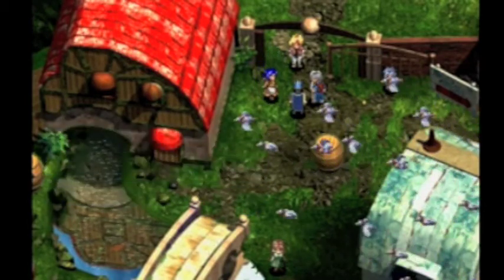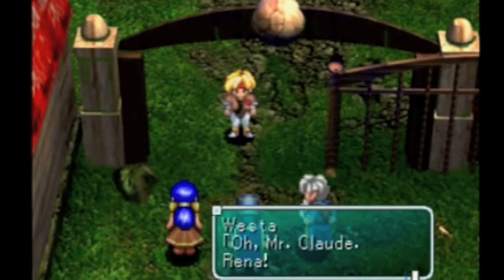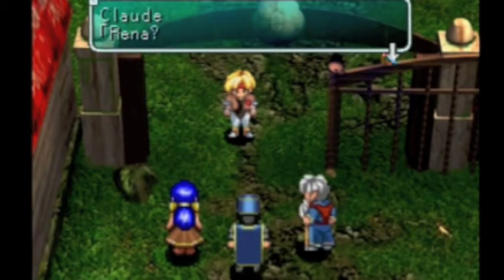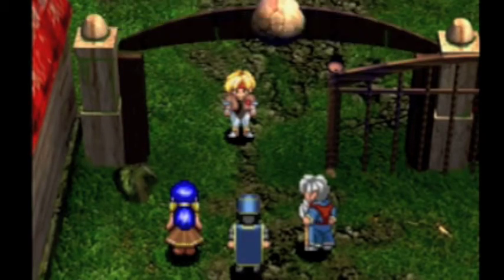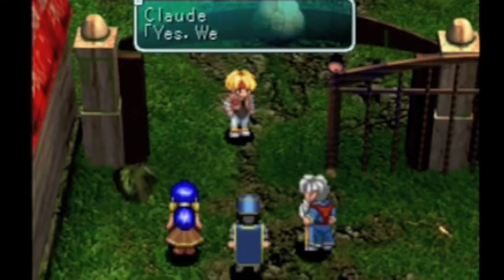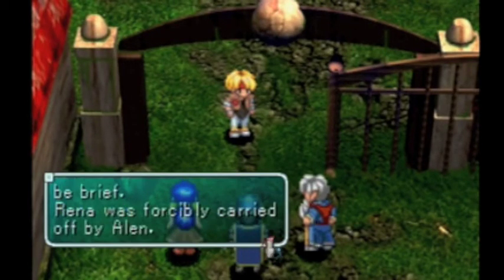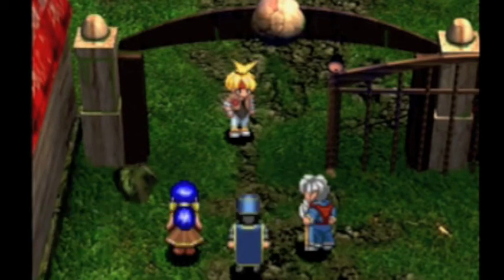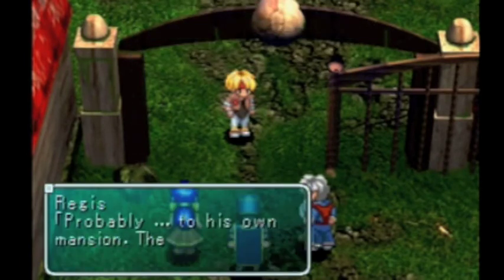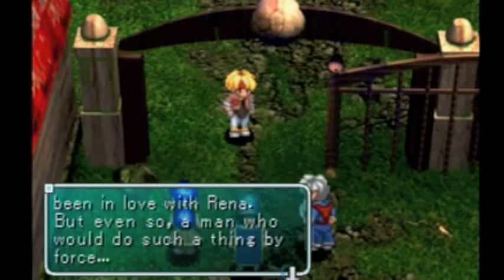What happened? Why is everyone here? Oh, Mr. Cloud! Rena! Rena? Did something happen to Rena? Mr. Cloud, do you know of the son of the mayor of the neighboring town? Yes, well, just a little. If that is so, then I can be brief. Rena was forcibly carried off by Alan. Carried off? To where? Probably to his own mansion. The scoundrel had been in love with Rena. But even so, a man who would do such a thing by force...